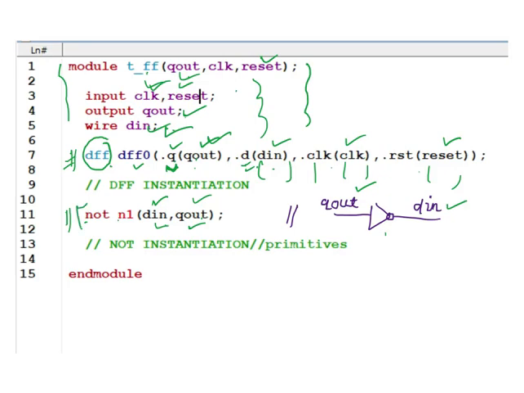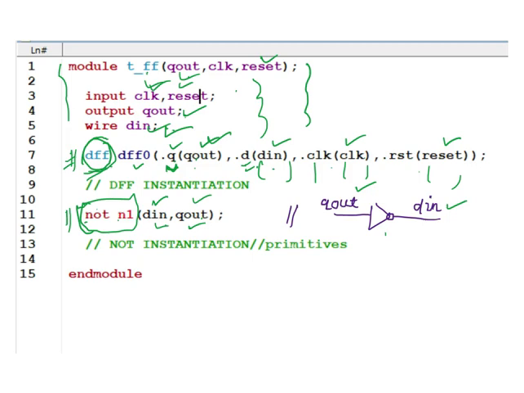So I have taken here primitives, and the other module that we have taken here is the D flip-flop. So this is the other module mentioned in that definition, and the primitive is the NOT gate. Using both primitives and your own modules, we can instantiate in structural modeling, and we can implement any design or any logic. This is how structural modeling works.